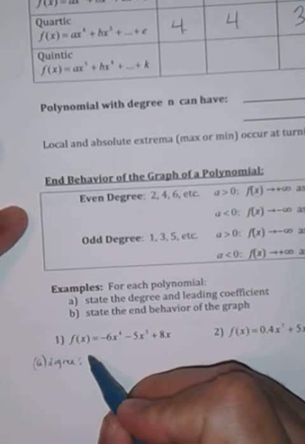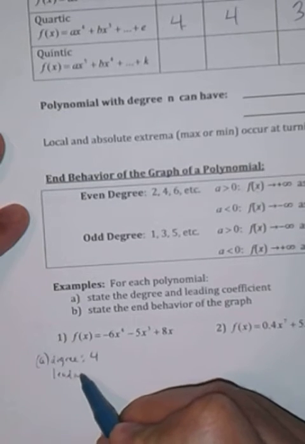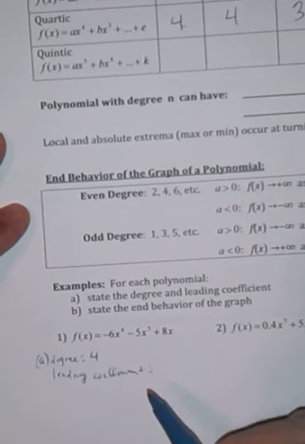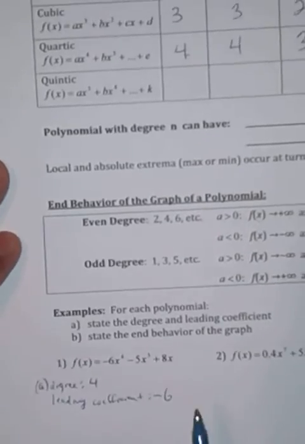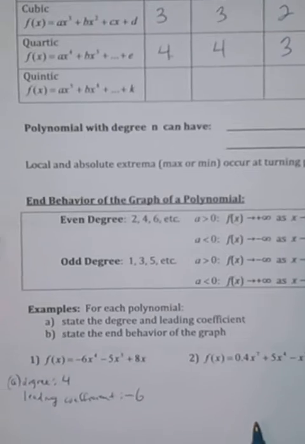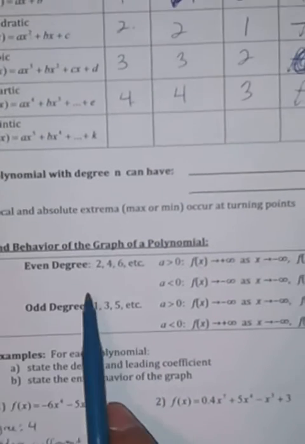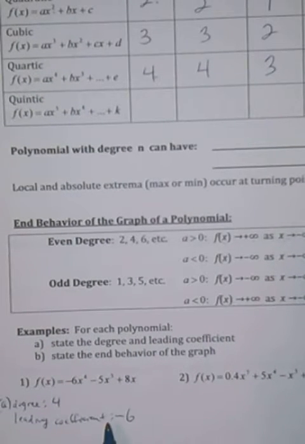The highest exponent is a 4. And the leading coefficient is whatever the coefficient of that particular term is, -6. Okay, remember that's my A when I look at this over here. Okay, all right, so what have I seen? Well, for the degree 4, and this tells me the end behavior right here, degree 4, negative leading coefficient, which